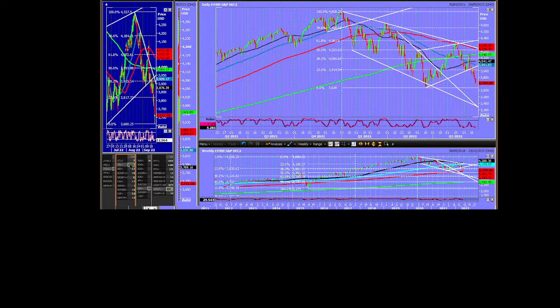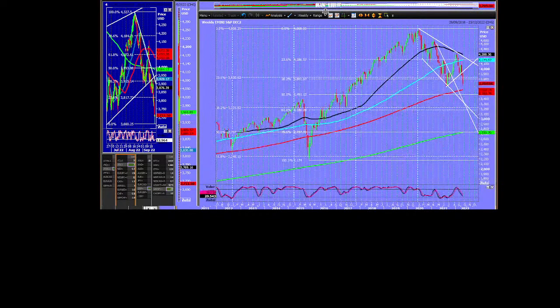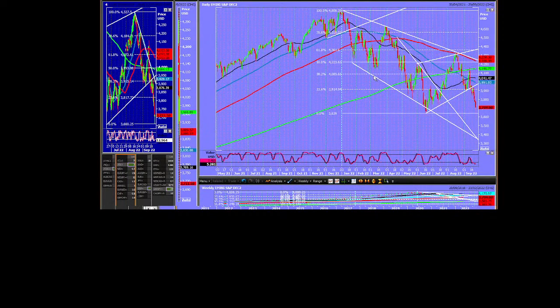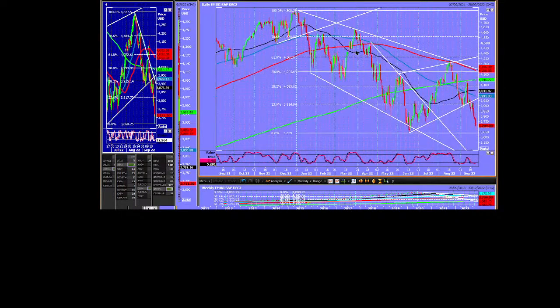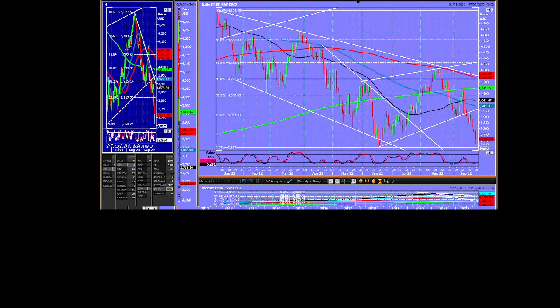Okay, this is the fun stuff. I've saved the best till last, I think. Right, we had a head and shoulders pattern in the S&P. This might take me about half an hour, but it should be worth it. We had a head and shoulders pattern. Oh, come on, don't freeze on me now. Right, we had a head and shoulders pattern.